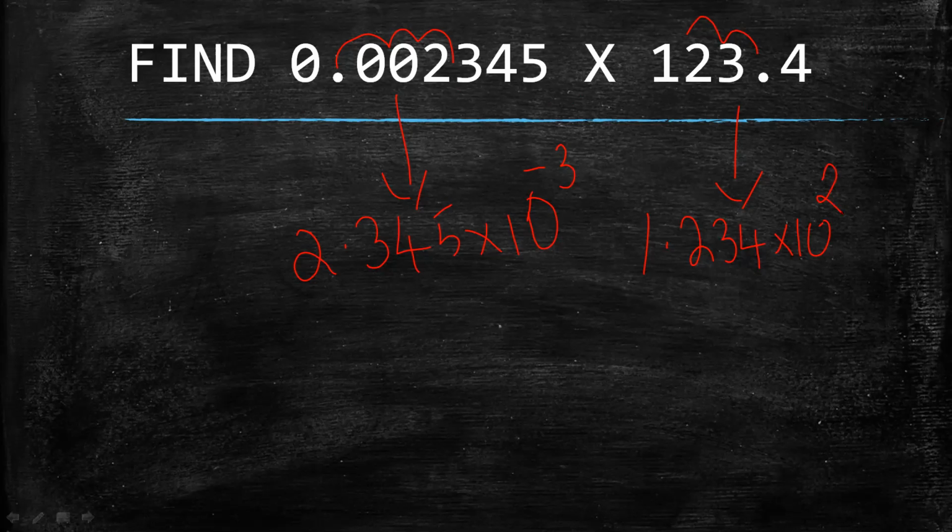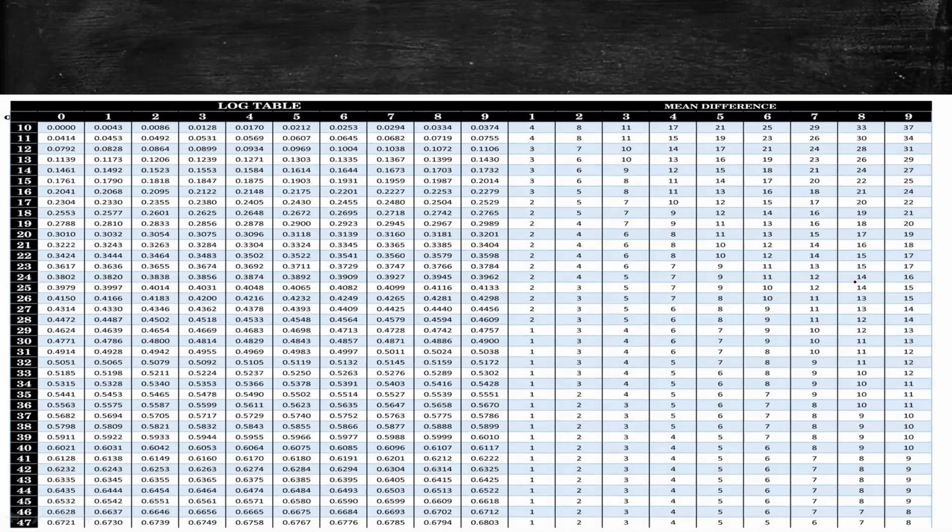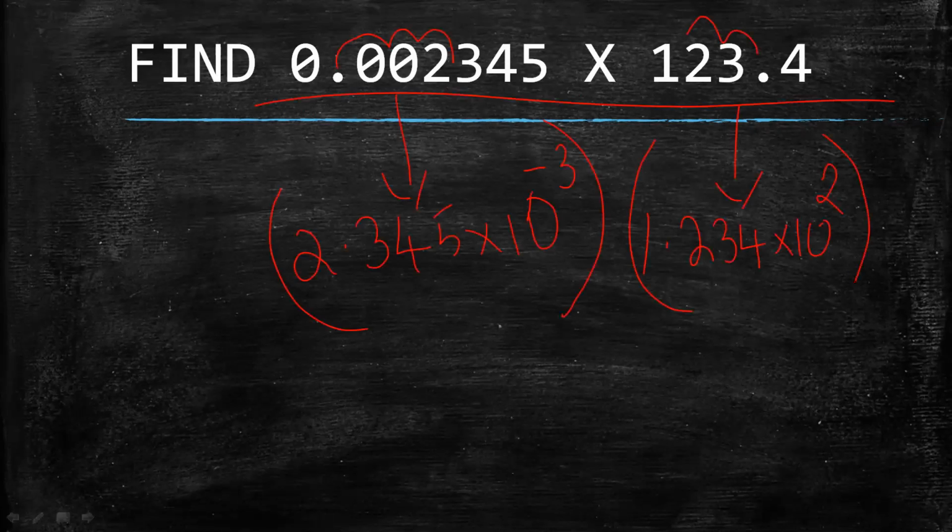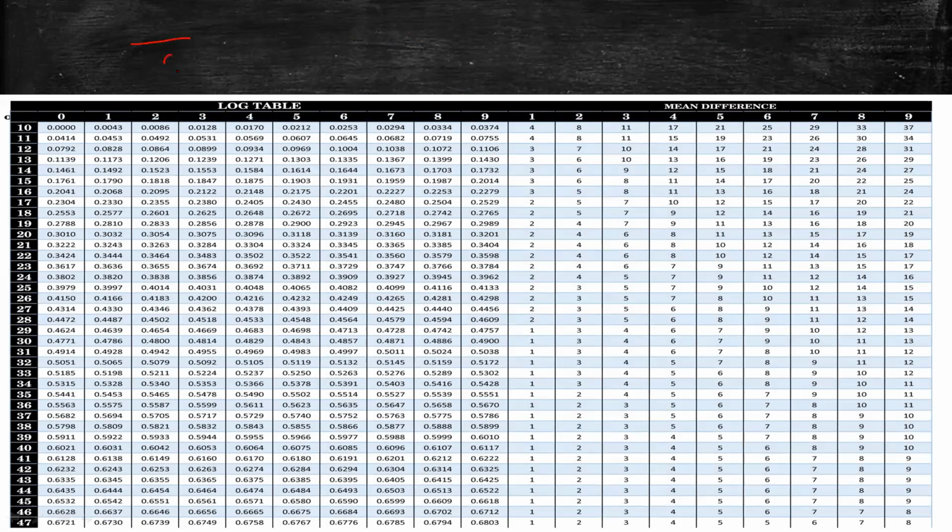So which means in order to multiply these numbers, you can find log of this number and add with log of this number. Okay, so first we'll find out log of 0.002345 from the log table. Okay, this is the log table. So first part is characteristic. Characteristic is going to be minus 3. I'll write it here. Bar